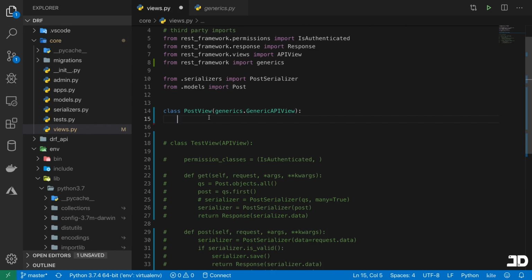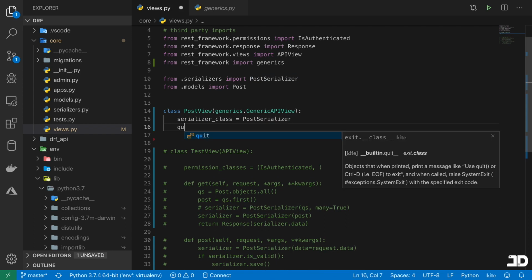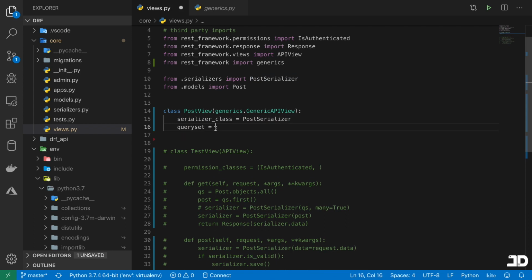What we're going to do is define some properties that are required to make this work. The first one is the serializer_class. The serializer class is just the serializer, for example the PostSerializer, that we would use to serialize our data, whether that's a queryset or an individual model. So we specify the PostSerializer in this case as the serializer class we want to use. Then we need to give it a queryset to work with as well, and the queryset is simply a normal Django queryset of some model. So we could say, for example,